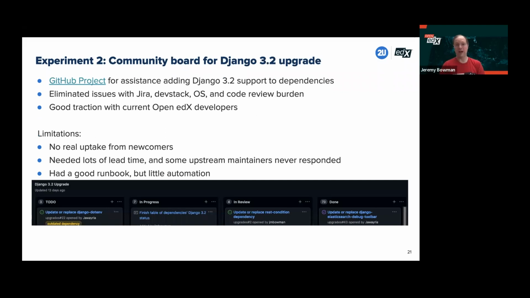So the next thing we tried is, well, we had problems with newcomers. What about reaching out to just people in the community to help with an upgrade? So we did this for the Django 3.2 upgrade. We created a GitHub project board and asked for people who are already in the OpenEdX community to help us update dependencies of OpenEdX to support the latest version of Django